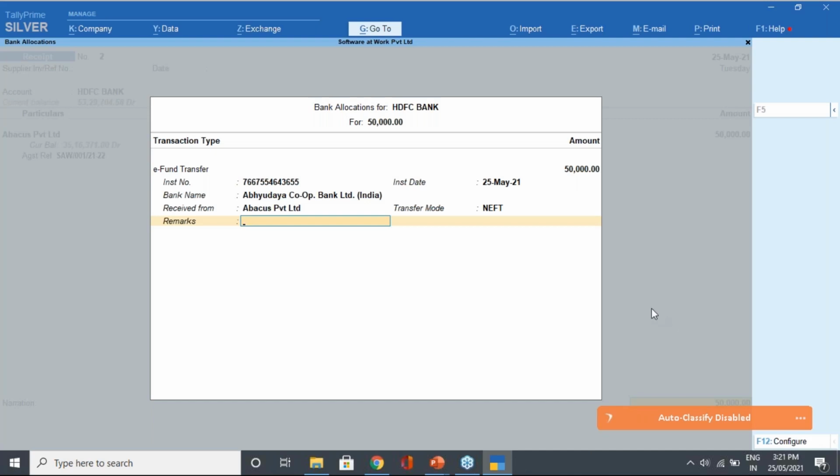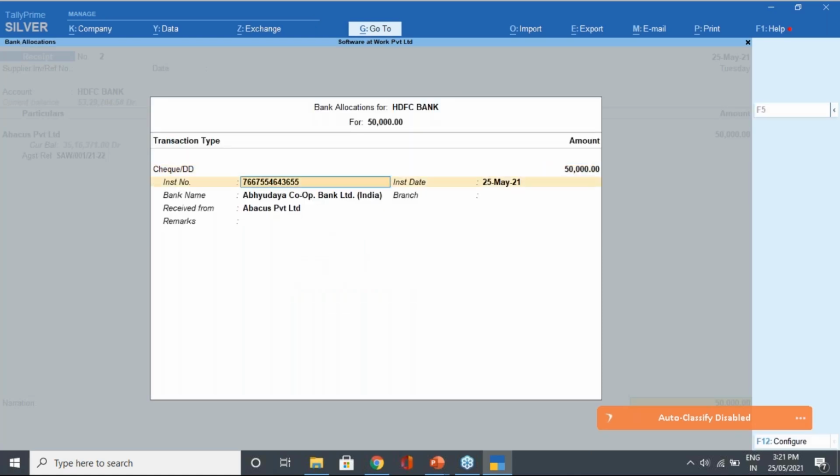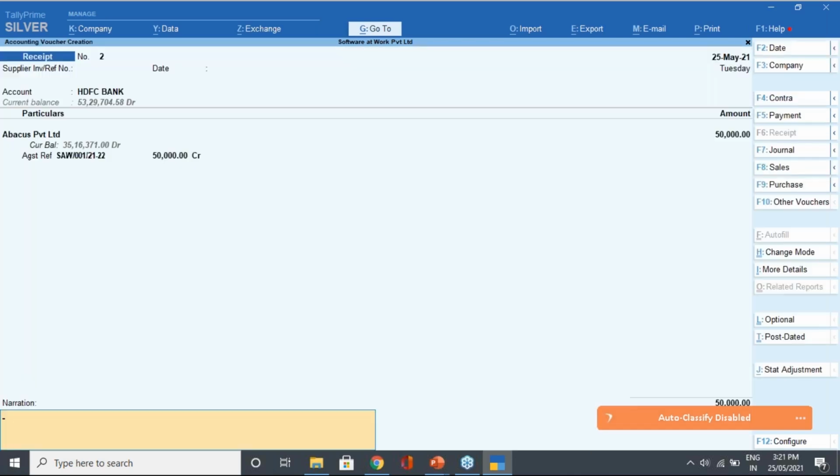But before accepting this screen, I want to show you, on the right-hand side we have the button of configuration. Here all options are on. If we need one more option, show branch name also, you can enable it, and you can see here we have the option of branch name also. You can mention the branch name of this bank also, and any remark or anything you have, you can mention everything. Okay, you can put your narration